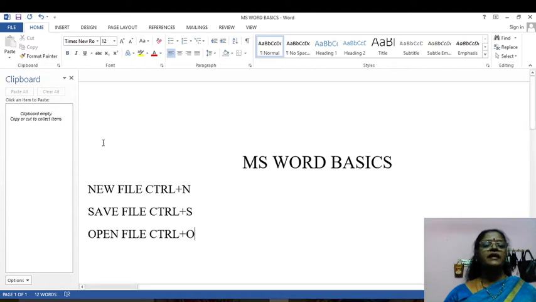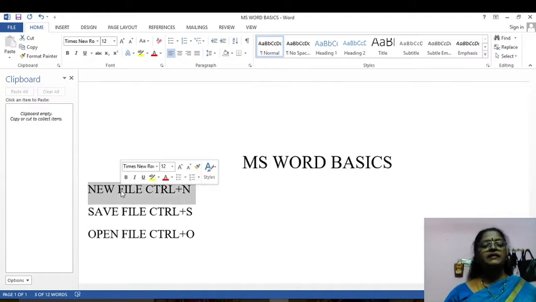So here next, I want to choose the first line. New file, Control plus N. In this text, I want to choose this particular first line. I want to change it to a bold line. How can I do it?